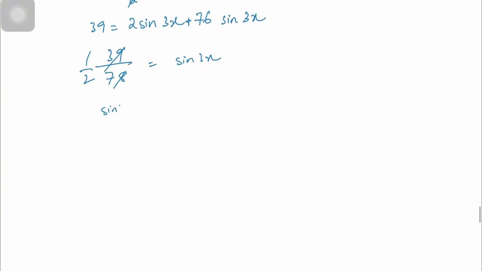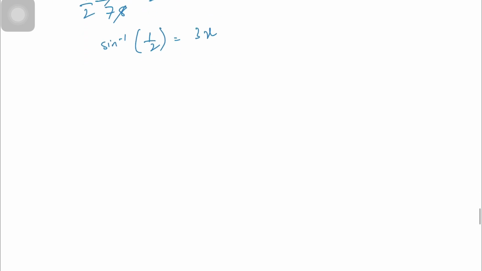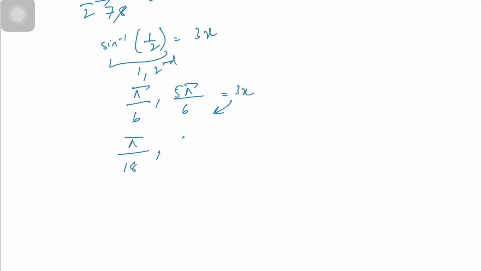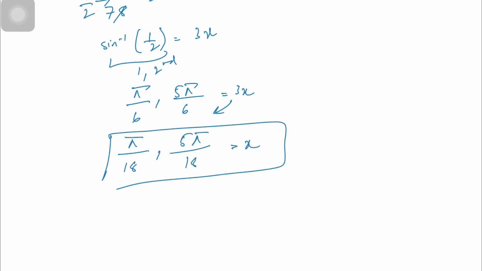Sine inverse 1 over 2 is basically pi by 6. So we'll be getting our answer in the first and the second quadrant. So this would be pi by 6, then 5 pi by 6, since pi by 6 would be subtracted from pi. This would be 5 pi by 6 equals 3x. This 3 would be divided. We get our answer as pi by 18 and 5 pi by 18 as our x. So this is our final answer. Now moving on,